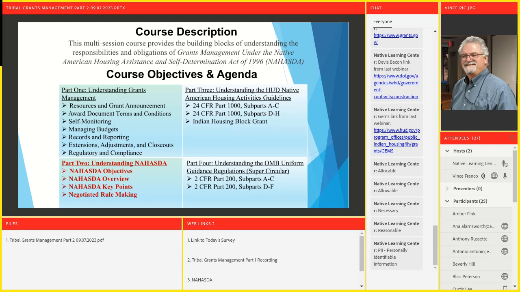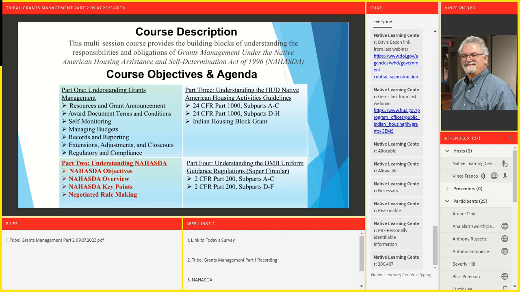That's the compliance part. So I talked about that as part of the extensions and adjustments, prior approval. If you want more information on prior approval and what's included in it, we'll talk about it in session 4, but it's in the uniform guidance. Specifically, it's in 2 CFR part 200.407. Brooke, if you don't mind putting that 200.407 in the uniform guidance. That's where you find the section on prior approvals.